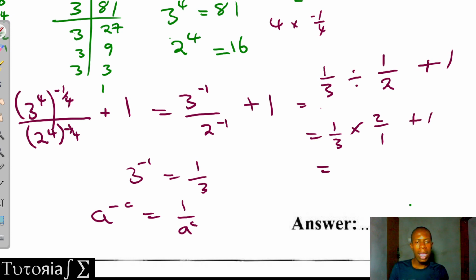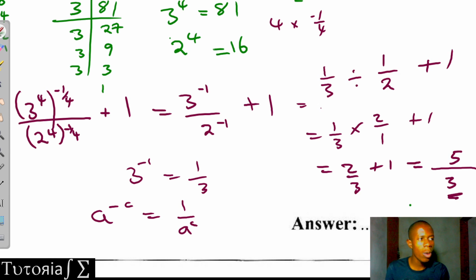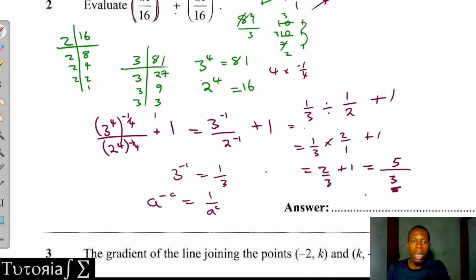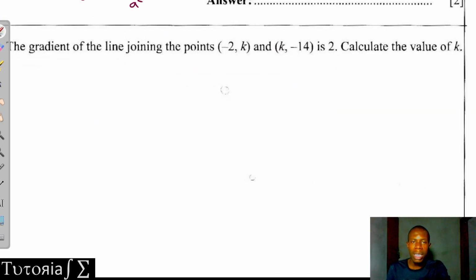So this is 2 over 3 plus 1, which is basically when we find the common denominator, which is 3, this would be 5 on top, which is what we previously had. So you can follow either of the approaches and you'll be given the full marks. Okay. Yeah, so now we go to question